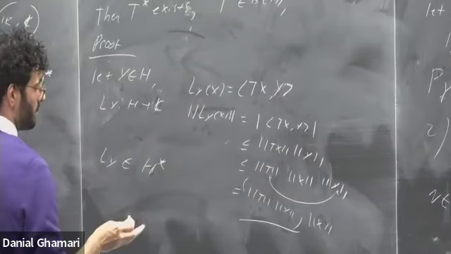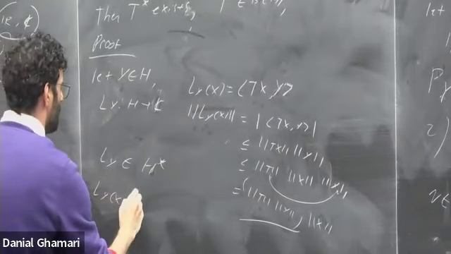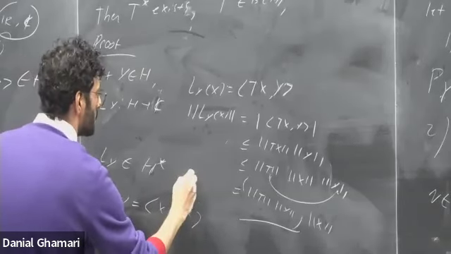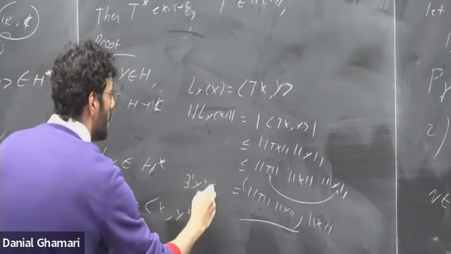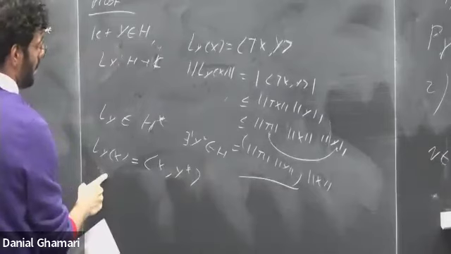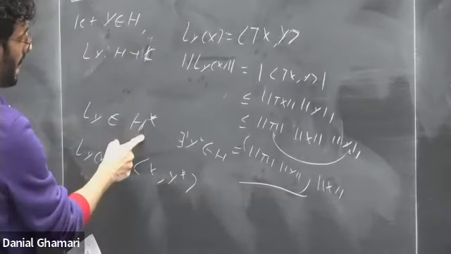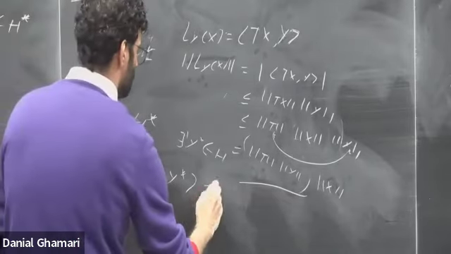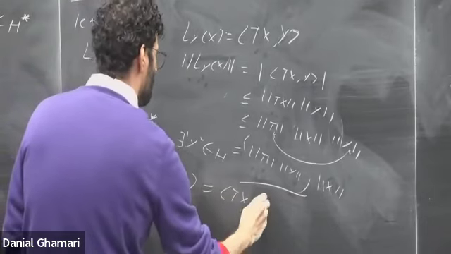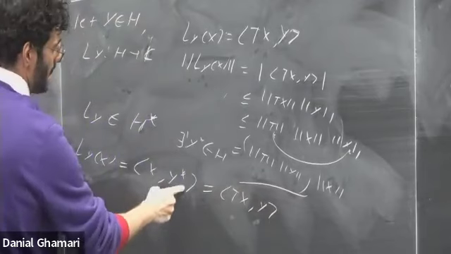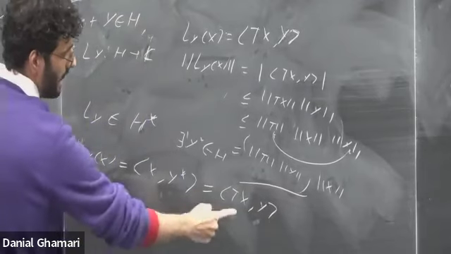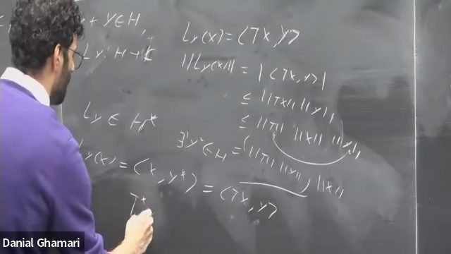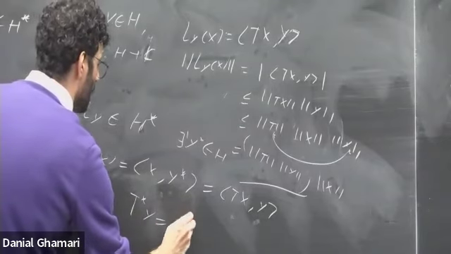Right? So by Riesz's representation theorem, Ly of x is equal to the inner product of x and y star. There exists some y star, uniquely an element of H, such that any function that belongs to the dual of H can be represented as this inner product. So I have this equality: the inner product of Tx and y is equal to the inner product of x and y star. But here I have Tx, I don't have x alone. What I can do is define T star of y to be equal to y star.